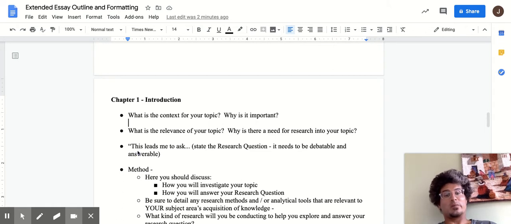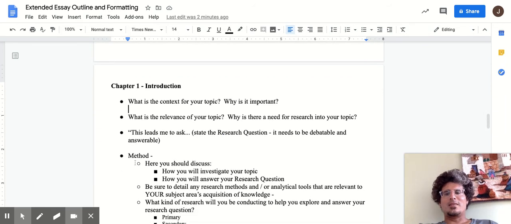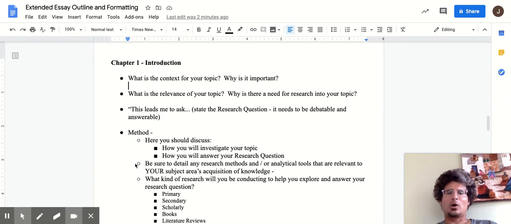And yes, your introduction is going to be more than 1 paragraph, again, unlike a Regents-based essay or even a paper 2. You're going to end that first paragraph by saying, "This leads me to ask," and then you're going to state your research question. Your research question must be stated in your introduction. Okay, it's an important requirement. And then the next part of your introduction, which I suggest is the second paragraph of your introduction, you're going to